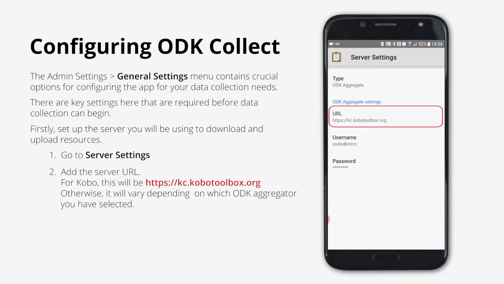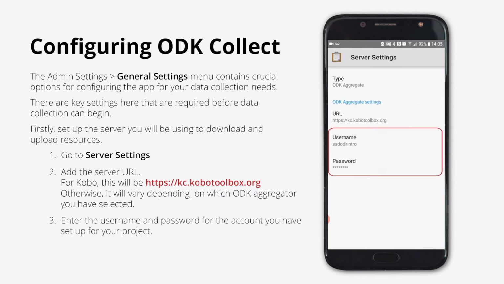By telling ODK the server URL, as you can see here, as we are using Kobo for this demonstration, this is our URL, but be sure to use the correct one depending on the ODK aggregator that you have selected. And as I mentioned before, remember that you needed to make note of your username and password for the ODK aggregator, as you need to enter them here, and this needs to be the account that your form is associated with. Alternatively, if you have shared your project with other enumerators, as you are not the only one, and so long as they are given permission, they should be able to use their own account rather than yours, assuming you have shared the project, that is.